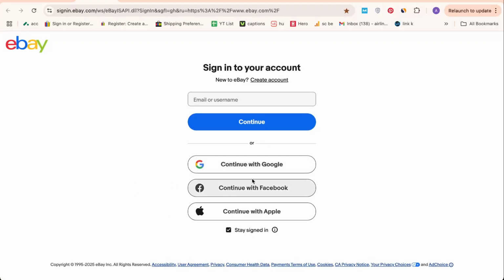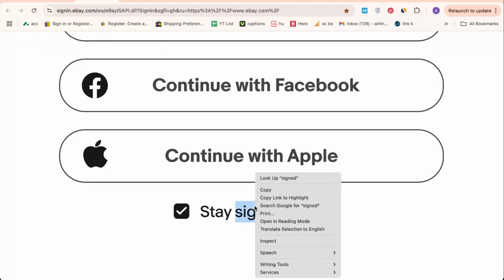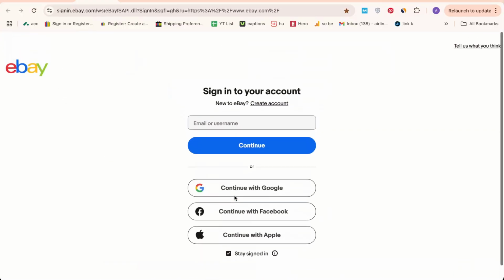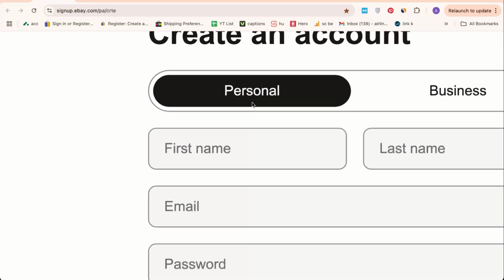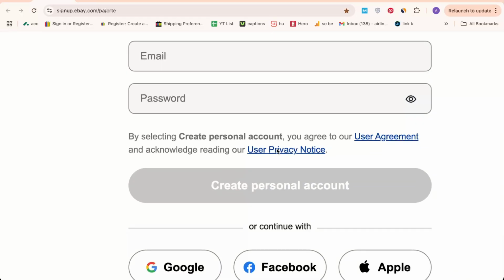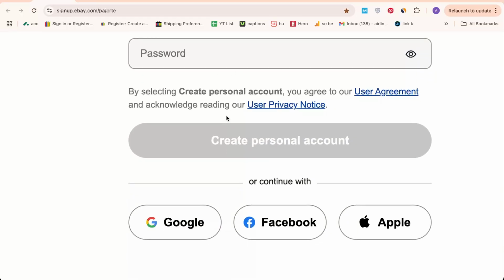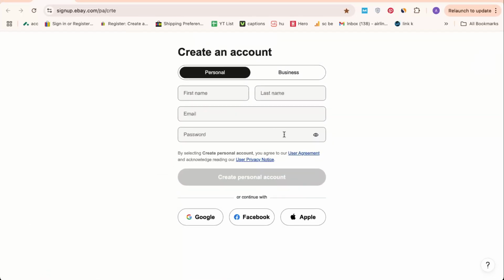You can choose to log in with your email, Facebook, Google, or Apple account. If you haven't created an account yet, now's a fantastic opportunity to do so. You have the option to set up either a personal or business account. Just provide your full legal name, email address, and password, and follow the on-screen instructions by clicking the Create Account